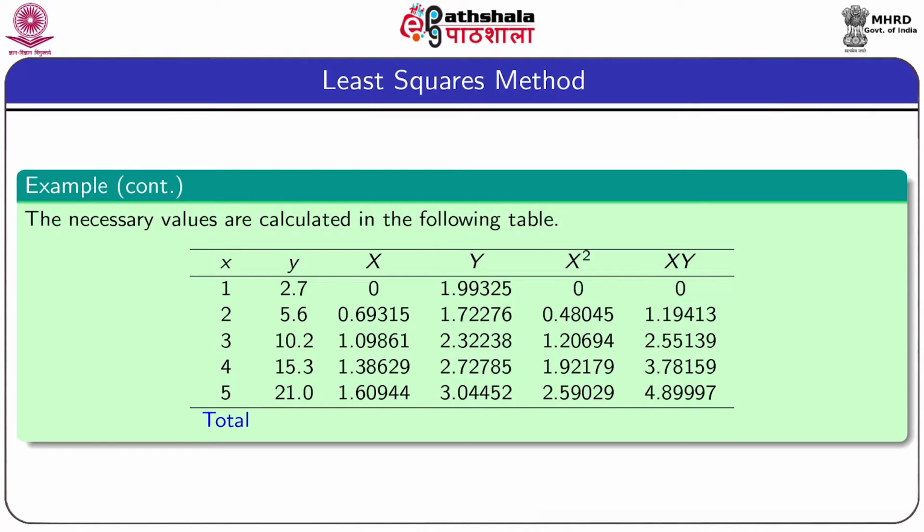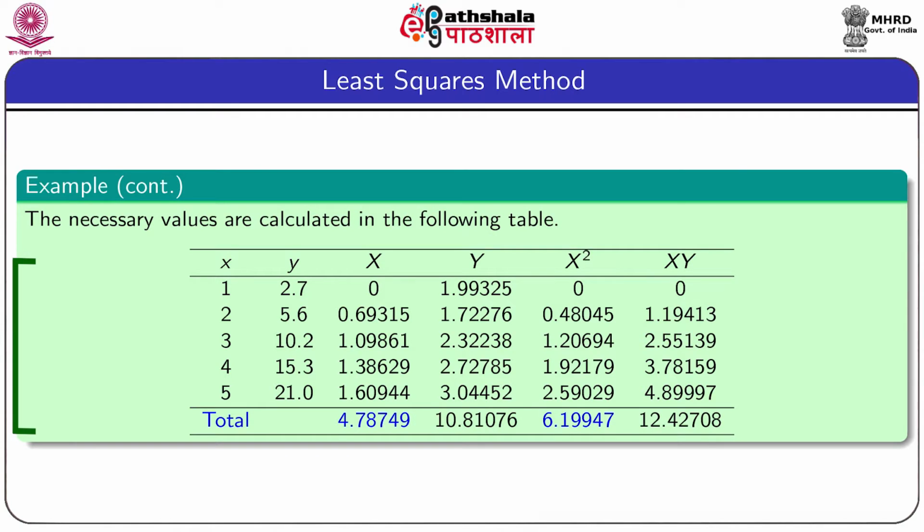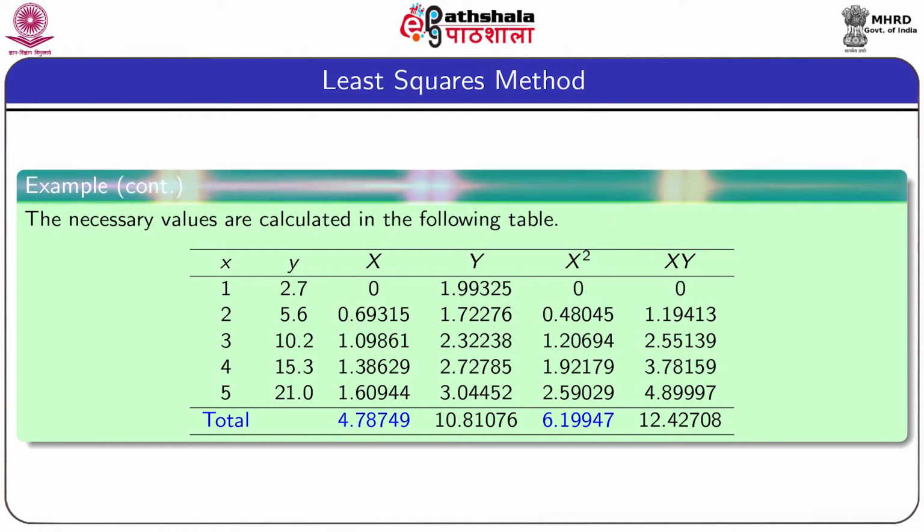The necessary values are calculated in this table. The first and second columns represent the original values, and the third and fourth columns are the converted values of x and y after taking logarithm. The fifth column is the values of X square, and the last column represents the value of X into Y. The sum of capital X is 4.78749, the sum of capital Y is 10.81076, the sum of X square is 6.19947, and the summation of XY is